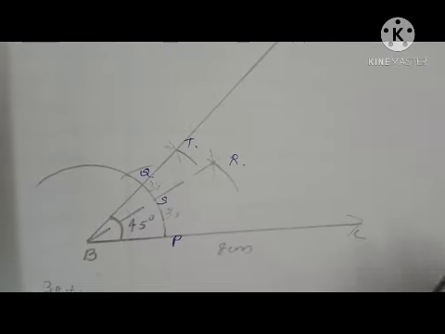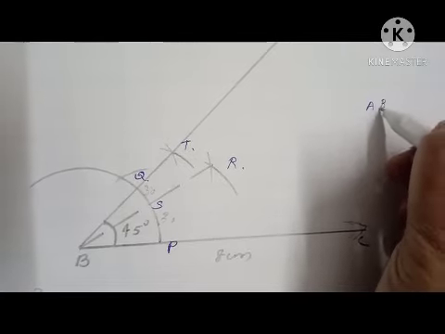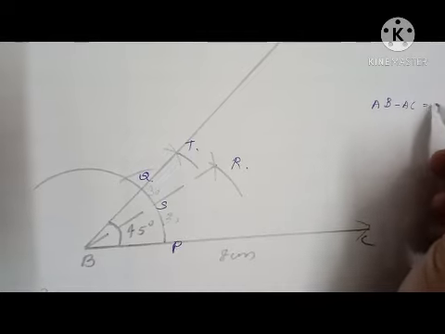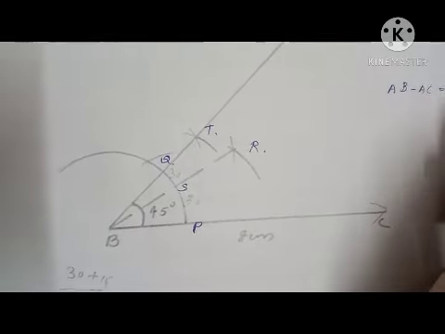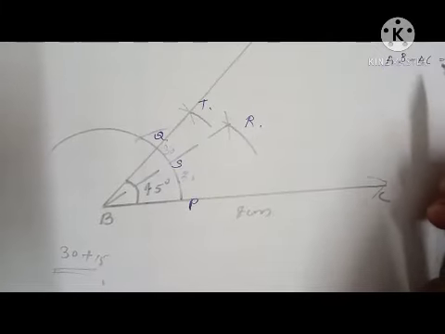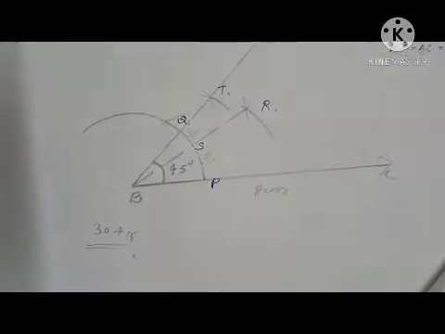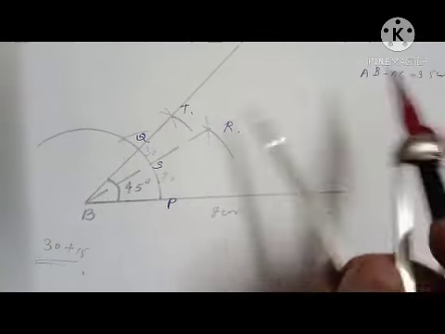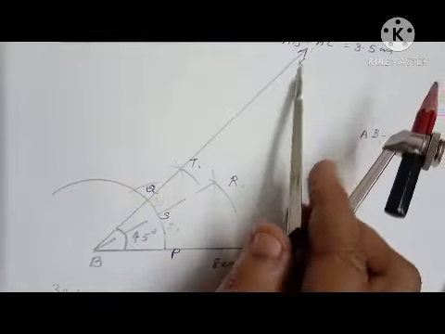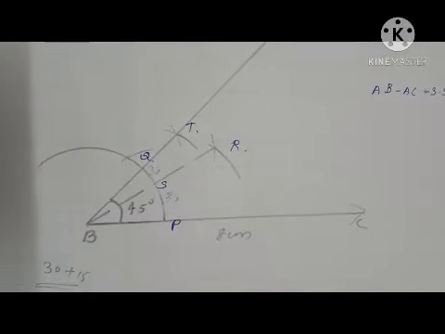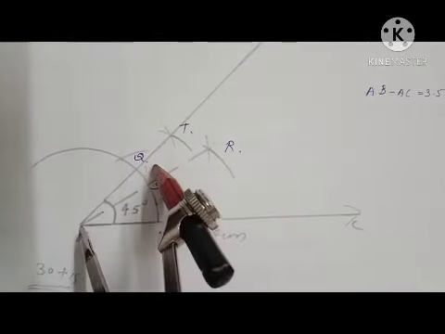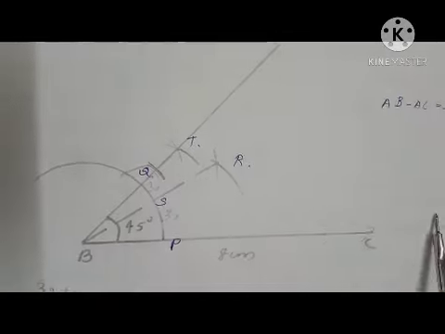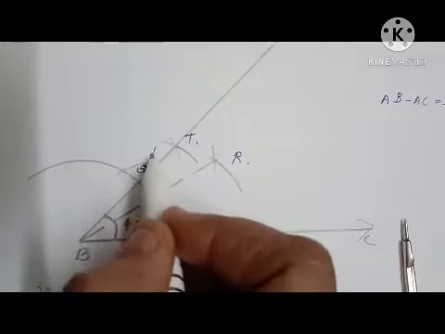Then in the question it is given that difference between other two sides, that is AB minus AC, is given as 3.5 centimeter. Okay. So as last question, we have to mark a point by taking this measure from B on this angle line BX. So we took 3.5 centimeter by the compass and draw an arc. Now this is the point D, right?